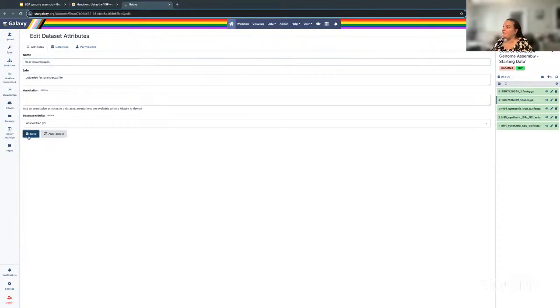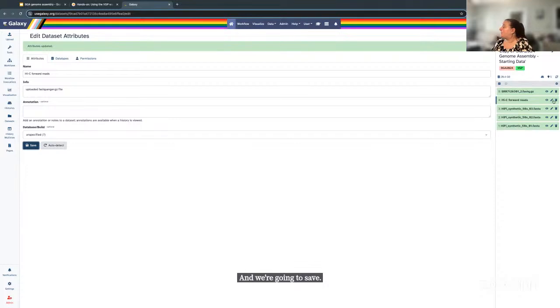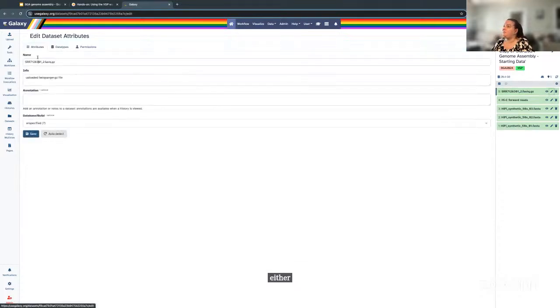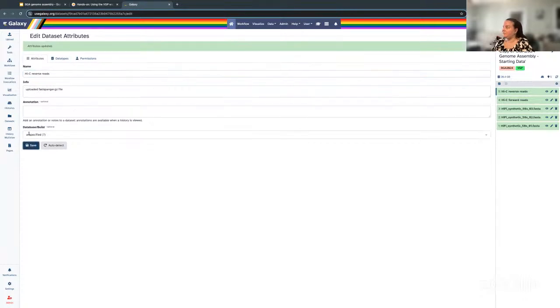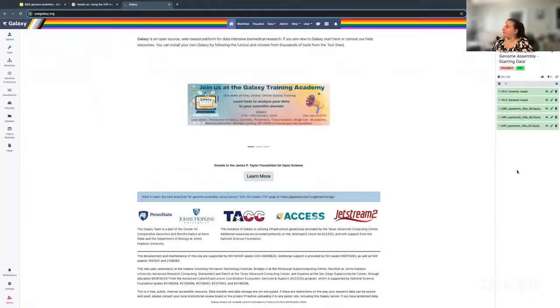And we're going to save and do the same thing with the reverse read. Either pencil, and you see it rename the file in the history. Now, the second step that we're going to do to prepare our data in a history is